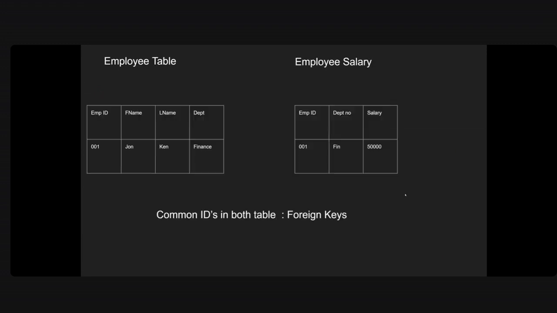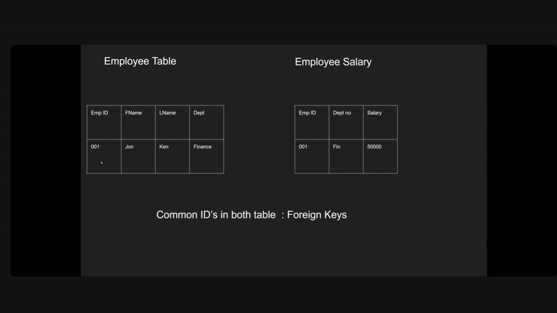Okay, so this is one example. I have a table here called employee table, with employee ID, first name, last name, and department. Then there is the employee salary table, with employee ID, department, and salary. In the first table I have four columns, and in salary I have only three columns. So what is unique here is employee ID,